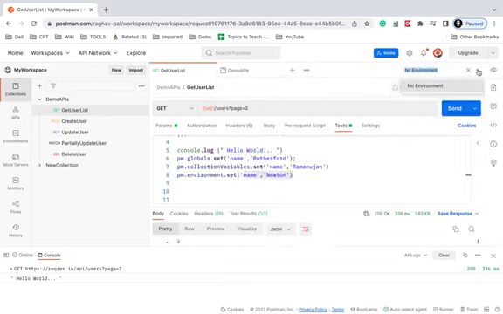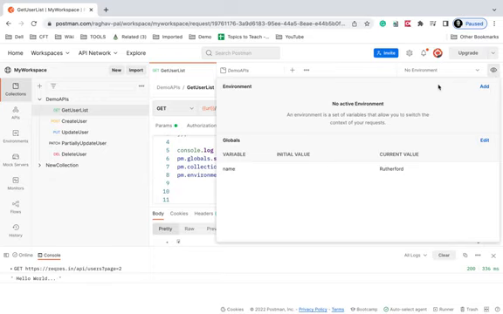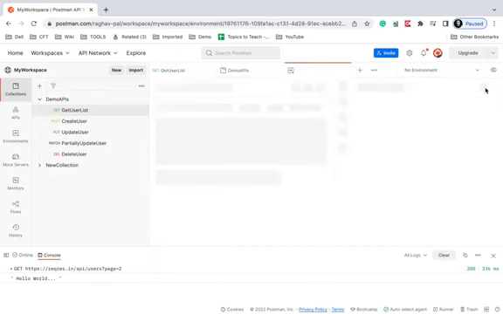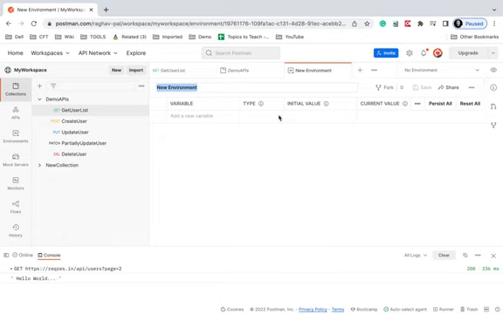So we will first have to create an environment. So I will click on add. I will have a separate session on environments, but just for now I am going to create an environment called, let us say, QA. I have created a QA environment, and now I will select the QA environment from this environment drop down here,